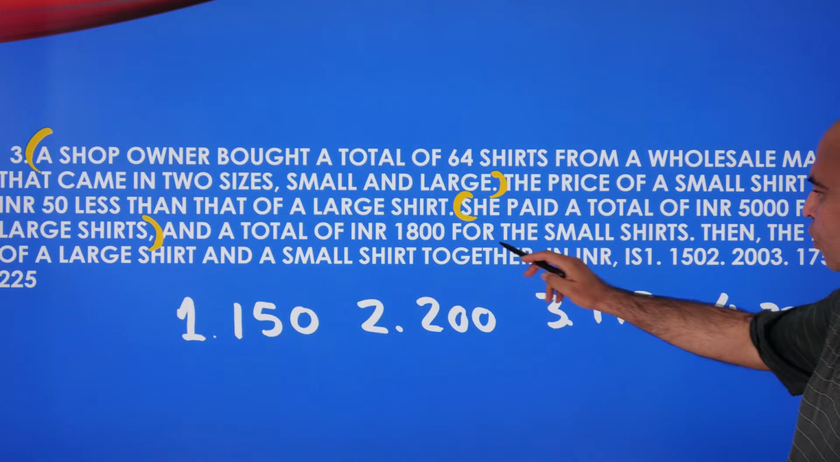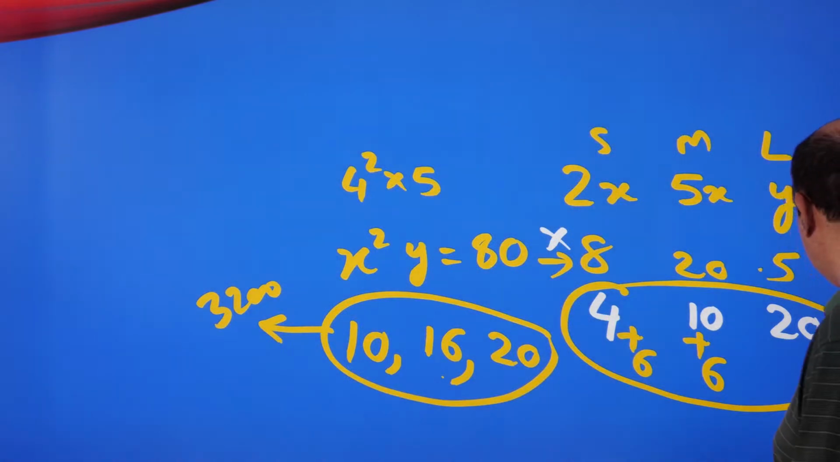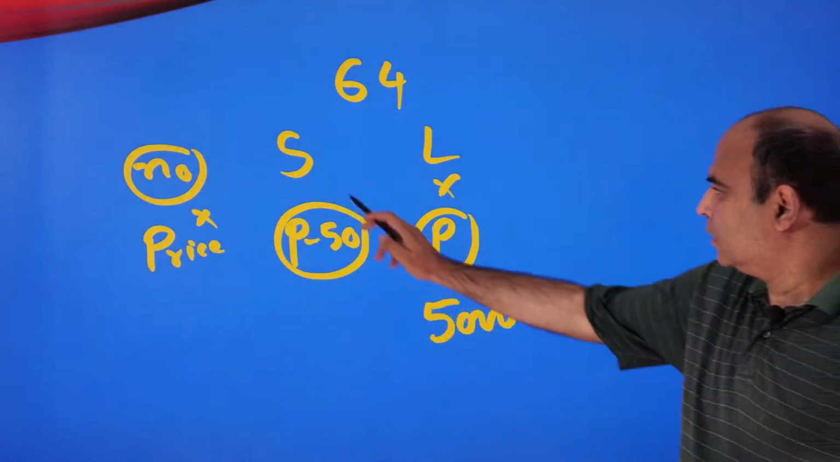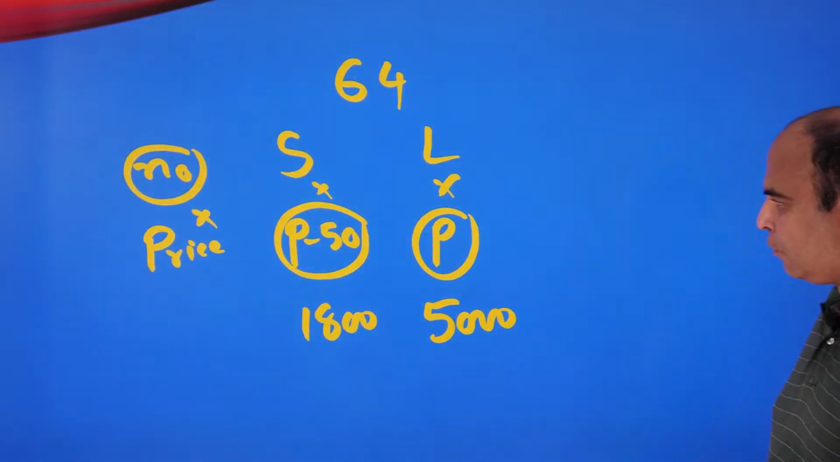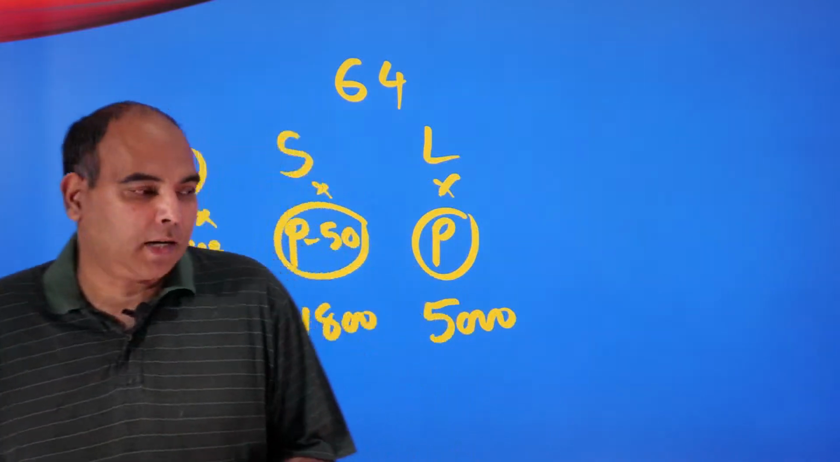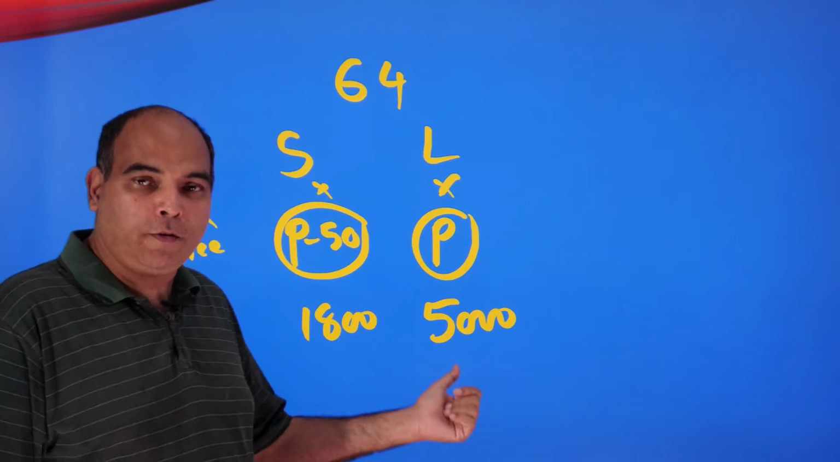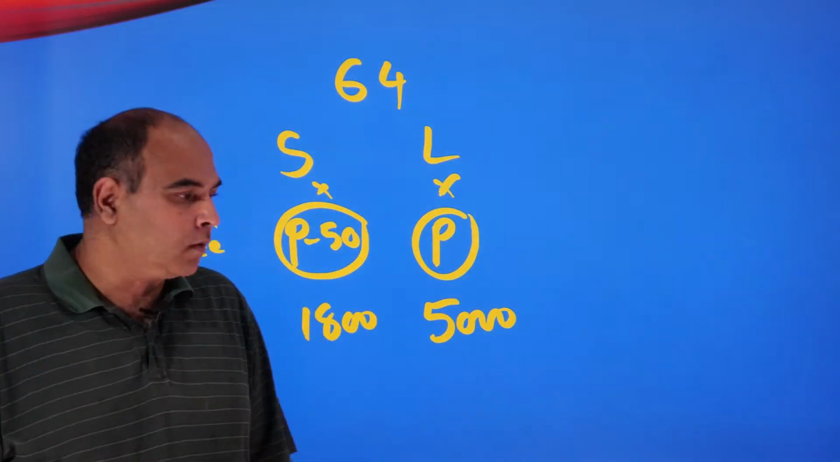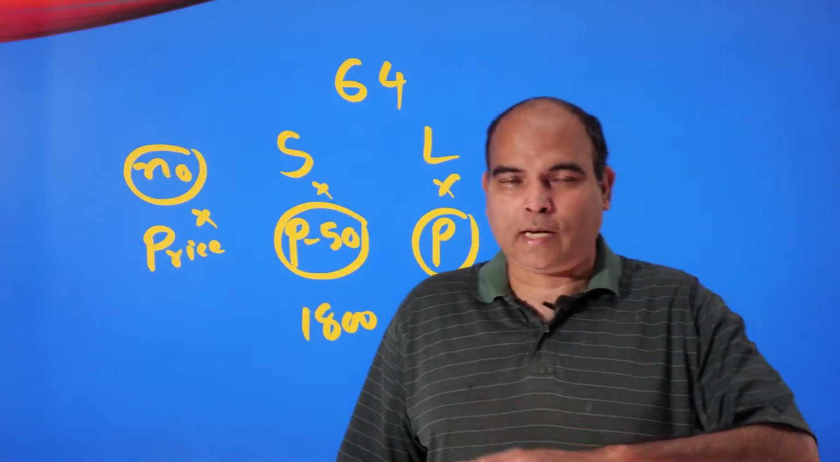And a total of 1,800 for the small shirts. I'm going algebra. This is 1800. Right, so again, from the algebraic viewpoint, from the school maths viewpoint, your school teacher would have told you 2 equations, 2 unknowns, you better know how to solve them. You can get L, S, you can get P and P minus 50, you can get all the 4 values